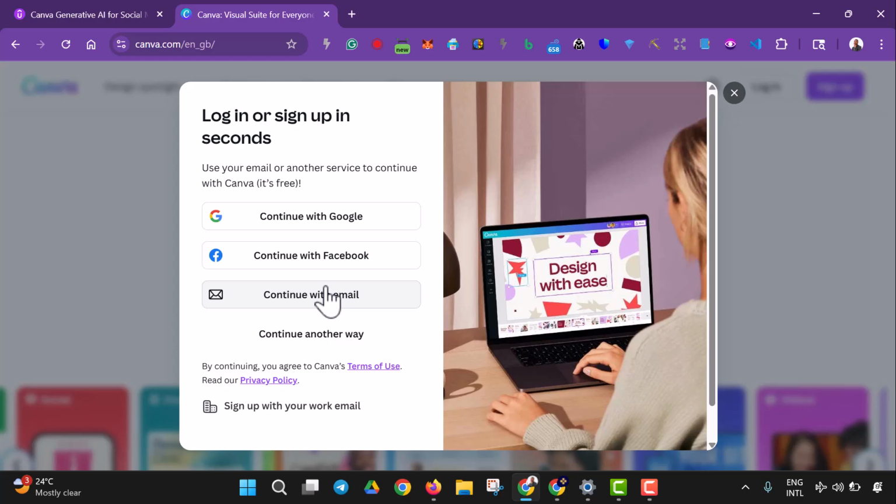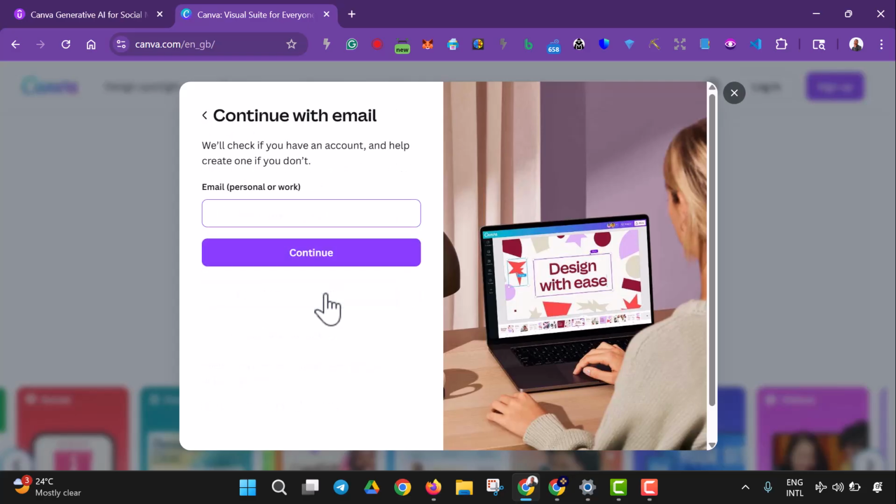So let me say I want to continue with an email address. I'll say continue with an email address. Then I could start like this. We'll check if you have an account and help create one if you don't. So yeah, let me just use a Canva. Let me use something like this: